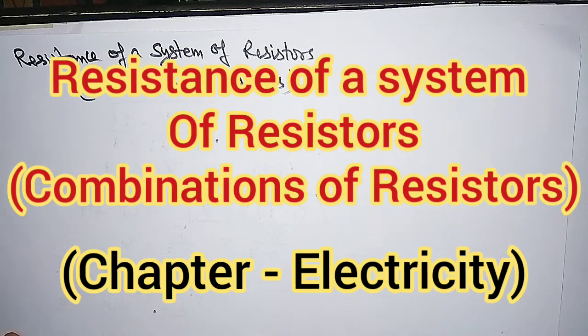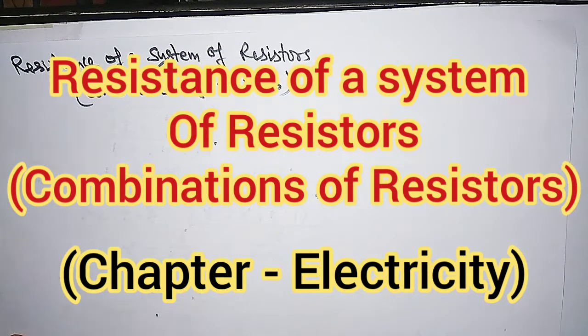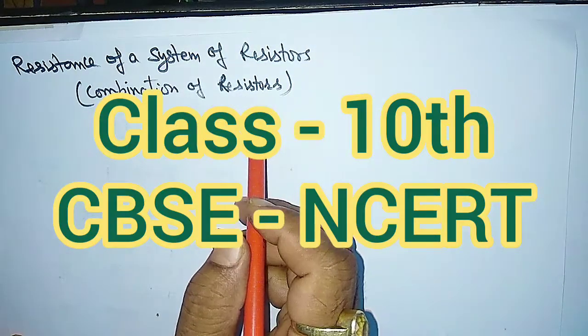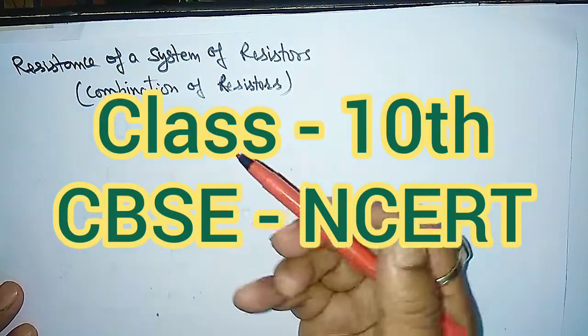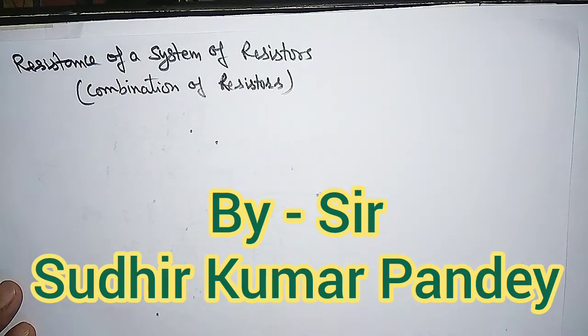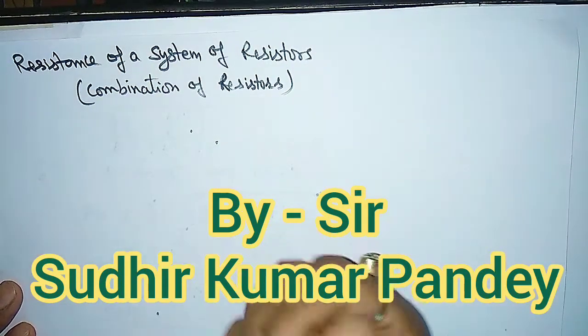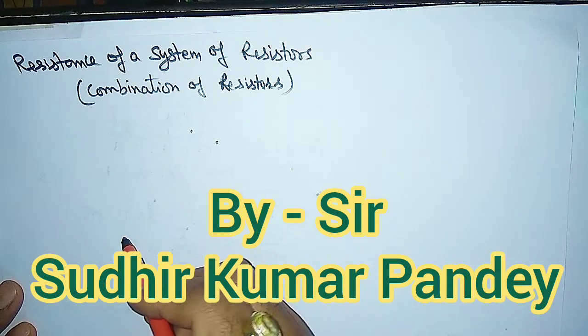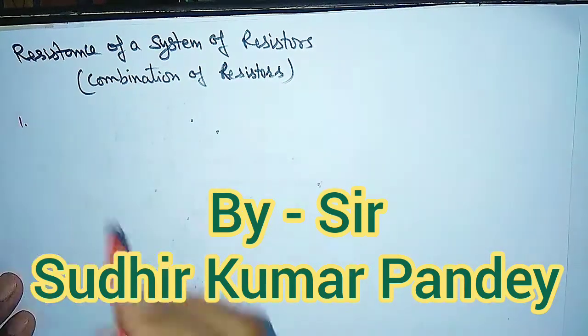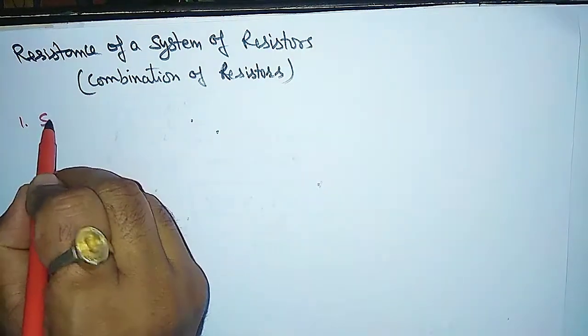Hello students. Today's topic is the resistance of a system of resistors, that is, the combination of resistors. How can we combine the resistors to get the desired value of resistance? Sometimes we need less resistance in the circuit and sometimes we need more. There are two possible combinations, that is the series